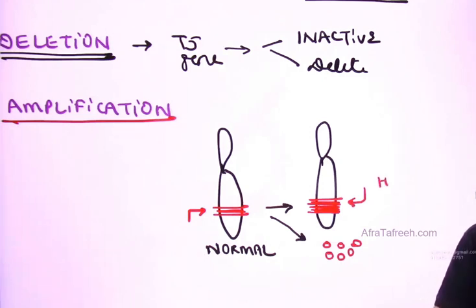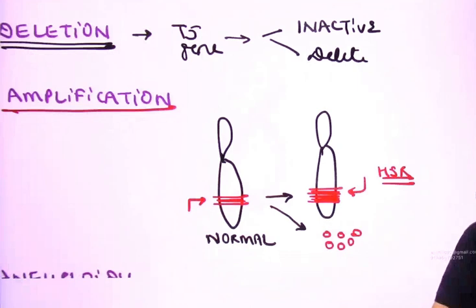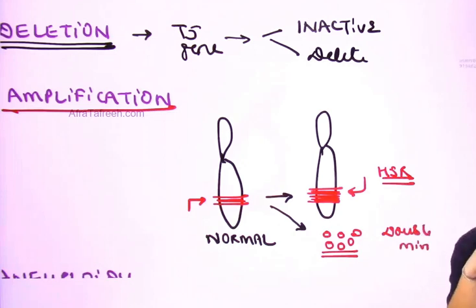Therefore, you are going to have a higher thickness of the gene which can be stained over here. This is given the name of homogeneously stained region. More gene copies present on the chromosome itself, so more thickness that you see, is a homogeneously stained region. Or the extra copies of the gene can get separated from the chromosome and appear separately. This is given the name of double minutes. So whenever there is over amplification, an increase in the number of copies of a gene, these are the two mechanisms by which they can be made out.